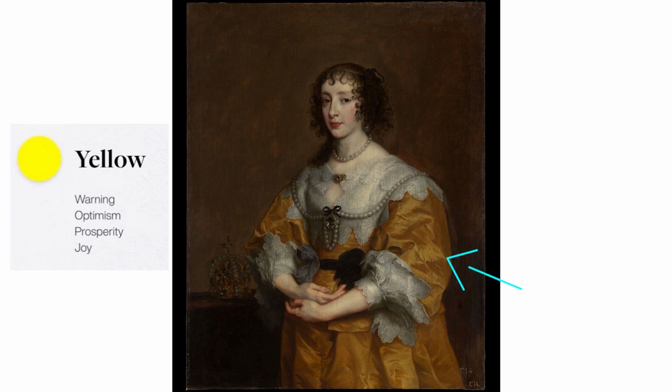I don't think it's a warning of threat, but more of a warning saying that this person is very important, and I believe we probably should listen to her to a certain extent. So that could be the warning sign of why the artist probably used the color yellow instead of any other color. It could be because it was the only colored dress that they had at the moment,